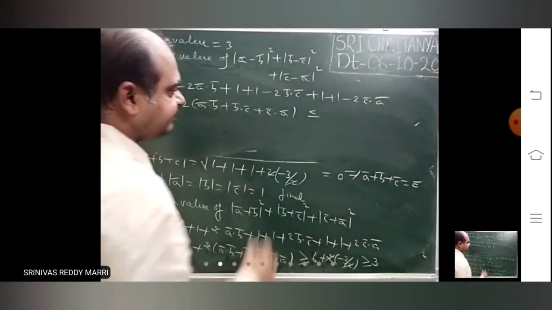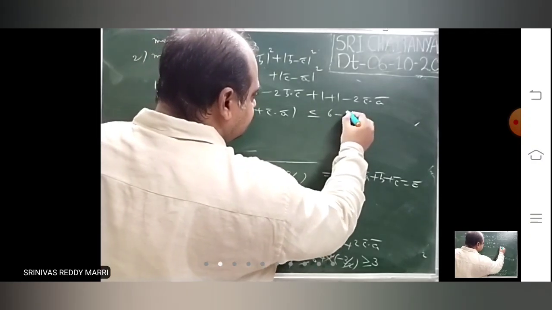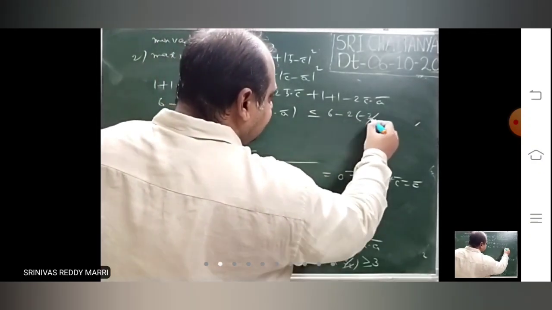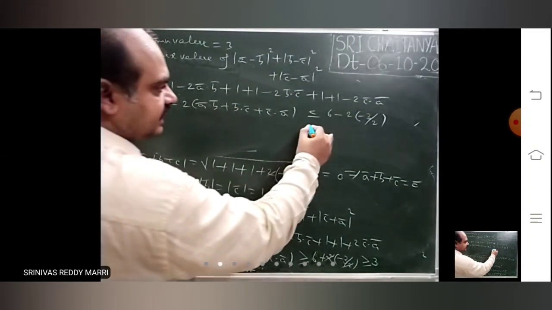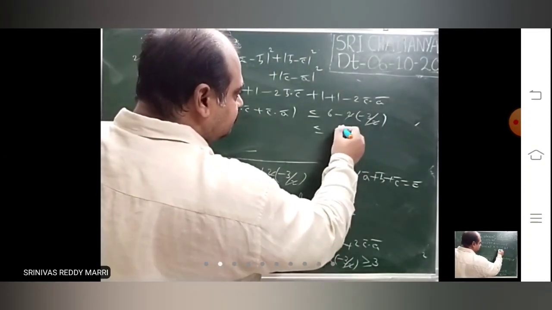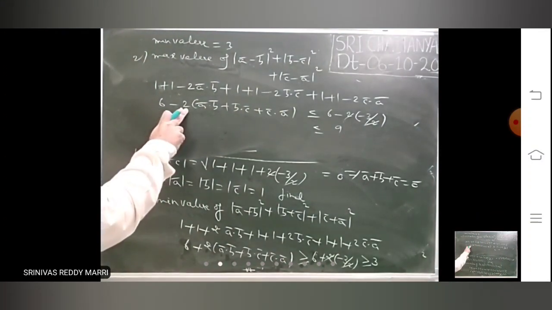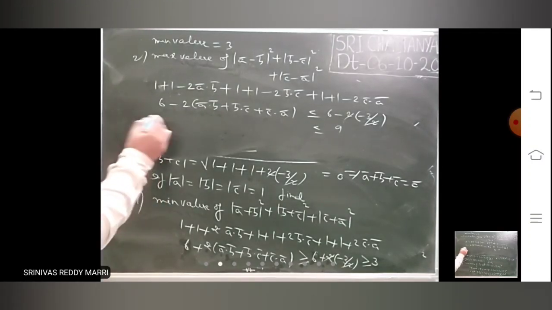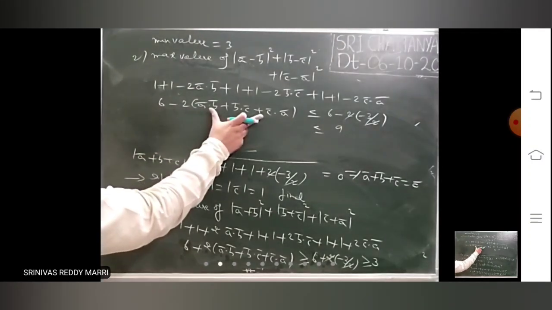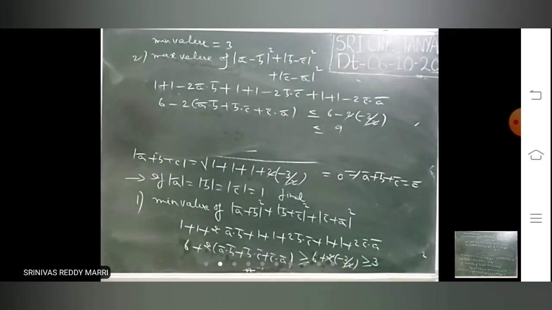That means in this case this will be less than or equal to 6 minus 2 into. You are deleting the number, so the maximum value will be less than or equal to 9. Right? You are deleting from 6 this value. This is greater than or equal to −3/2. Look at, so another method I will solve. Just simply here in this place you substitute −3/2. Then you will get 9.